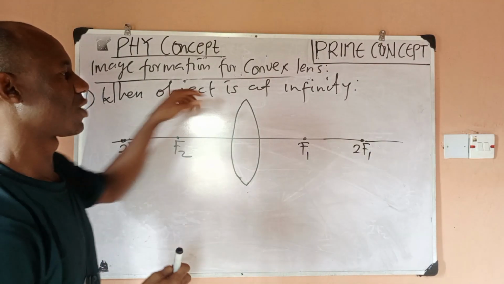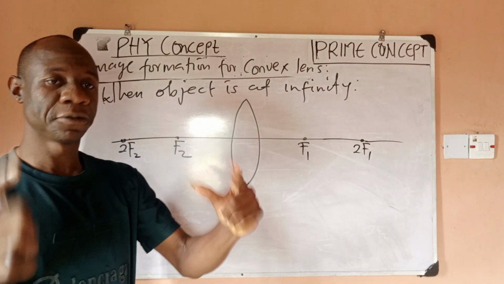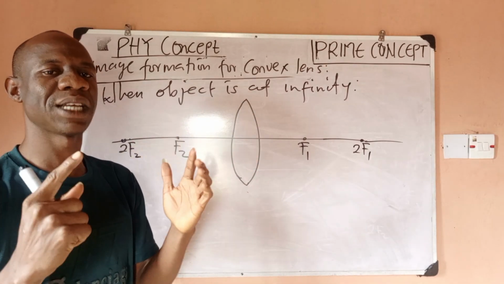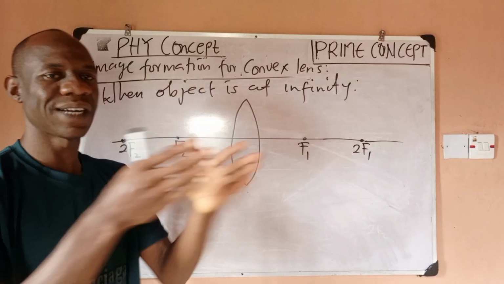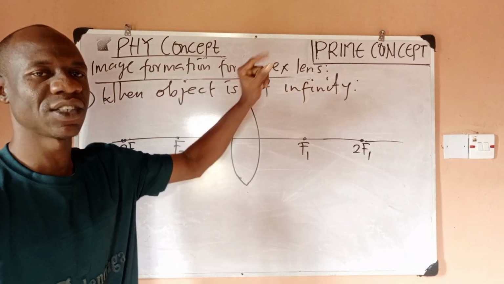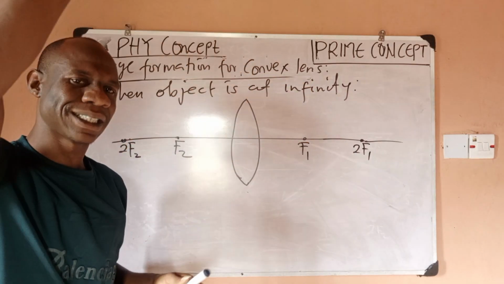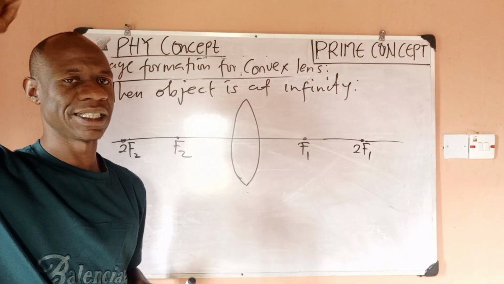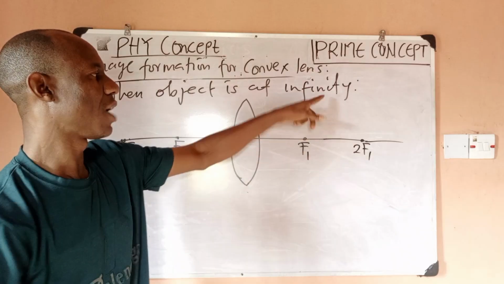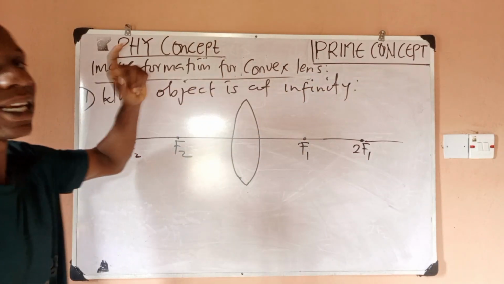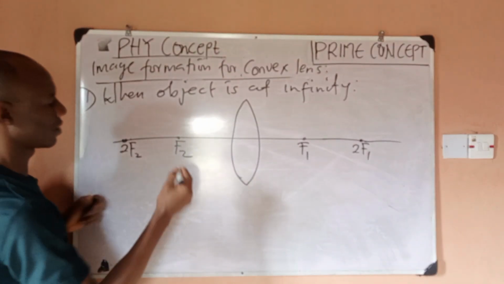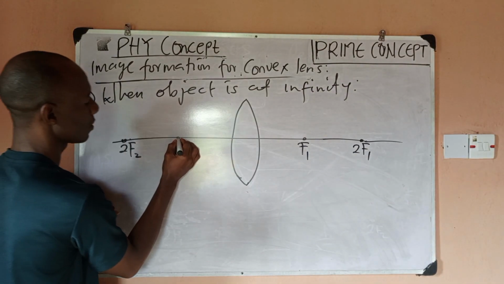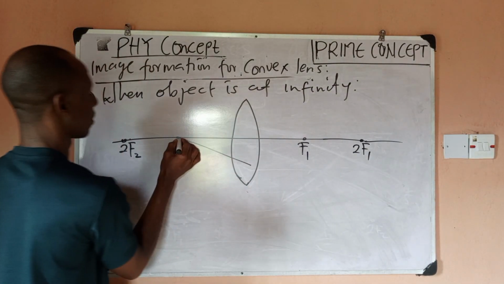Remember, when we mentioned that object is at infinity, in physics or in ray optics, infinity is always denoted with parallel lines. So whenever you see parallel lines, when you're dealing with the concept of optics, it simply means that that object or that image is coming from infinity, is at infinity. So I want to mention my object at infinity, means I will use parallel lines to denote that object, which you cannot actually see. So if I have this, then I have